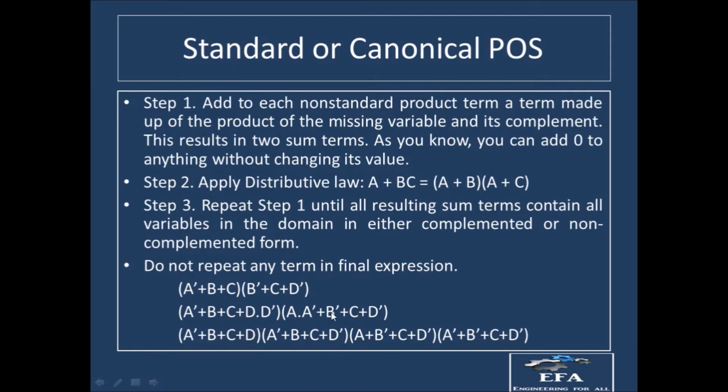Okay, so moving on to the second term, we will be having A plus B bar plus C plus D bar from here, right? So this will be the first term coming from this expression, and the second will be A bar plus B bar plus C plus D bar, since there was A over here and A bar over here. So you can see in all these four terms we are having all four variables: A, B, C and D, A, B, C and D, A, B, C and D, and A, B, C and D.